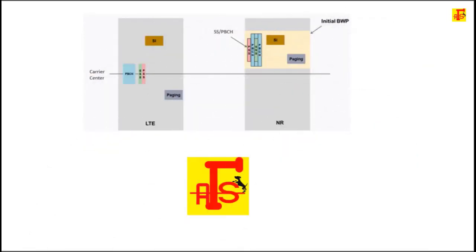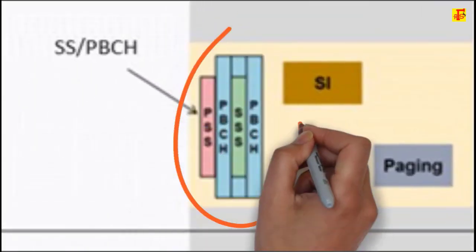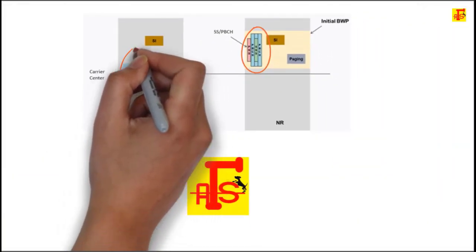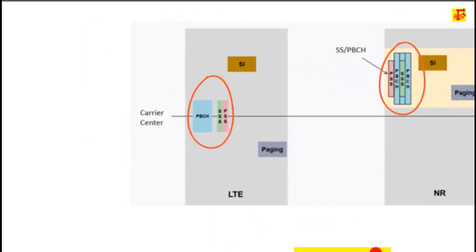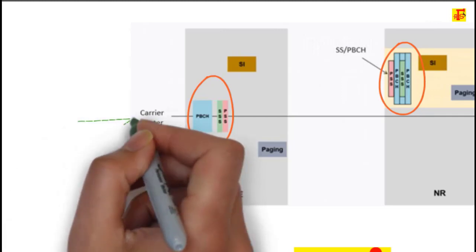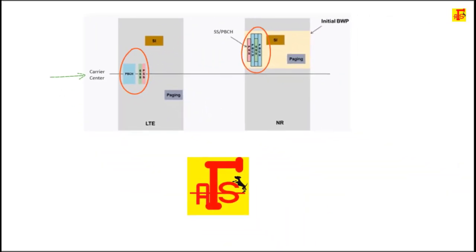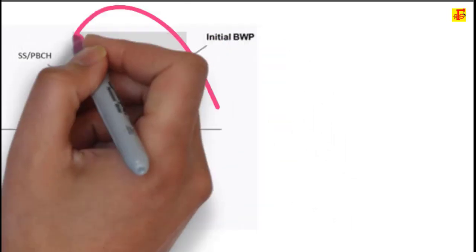In 5G NR, the Synchronization Signal Block, that is SSB, includes PSS, SSS and PBCH, and its location compared to LTE is completely different. In LTE, the synchronization signal position is straightforward and it is located around the DC subcarrier. Where is the DC subcarrier? It is the center. 6 PRB, that is 72 subcarriers, are allocated for the synchronization signal in LTE. But in 5G NR, synchronization signals are positioned on the bandwidth part and it is not fixed and can be located anywhere